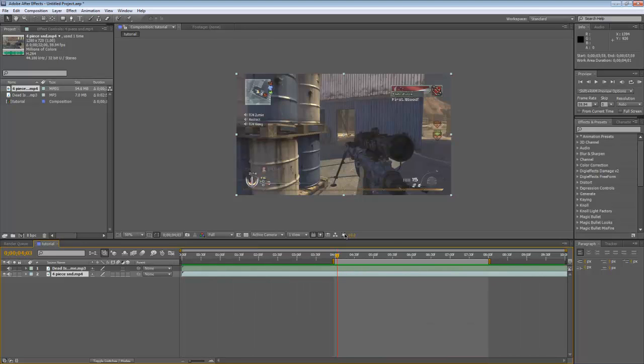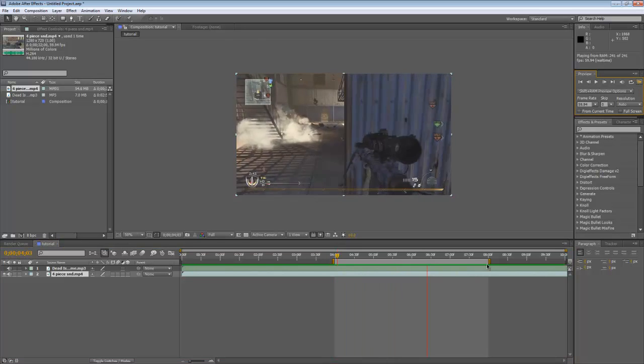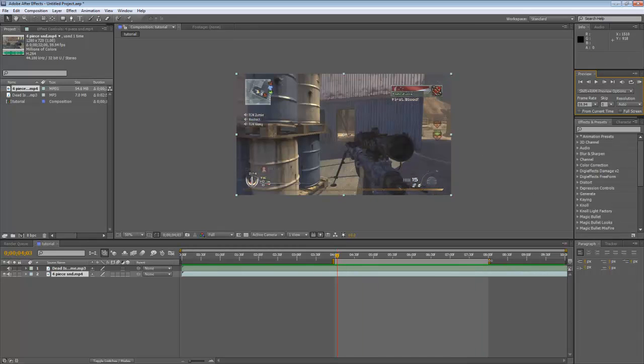So we go back, and now I only want to see this part right here, so RAM Preview again, and it loads and only plays what's in this area. See? It's just that simple. So now I'm going to bring it back out. And as you can tell, I had the